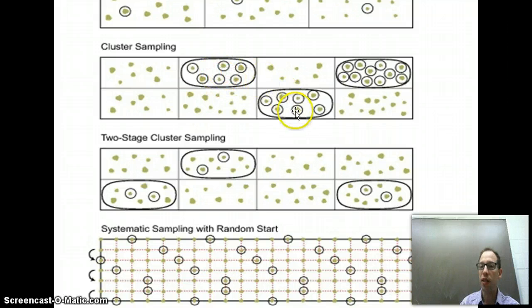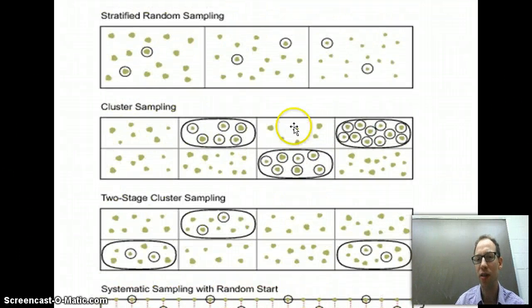but then we take a random sample of the clusters and anyone who's in the cluster gets chosen. It looks like a very non-representative way to do this, and it can be. The reason it would be used is for its practicality. So for example, if we were looking at some type of study on education, and we went into a school, well, first of all, we may decide which schools to look at,